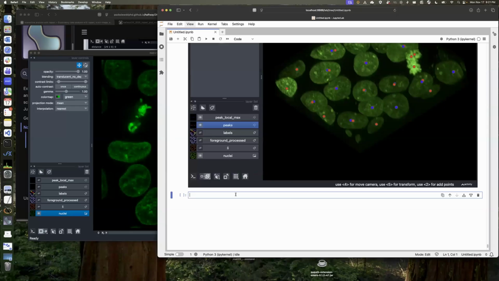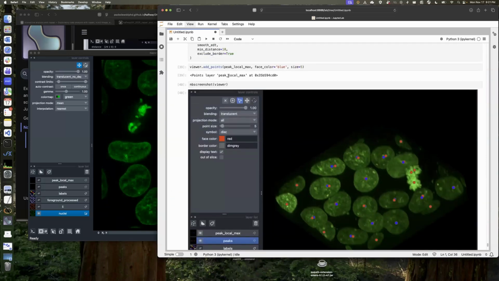Okay, let's do our watershed. So we want this markers array for the watershed. And there is a scikit-image utility function, which I use a lot actually, that will basically get you a labels array from a set of point coordinates. And I'm going to do something different here. I'm going to show y'all how you can access data from the viewer. So instead of passing here the peaks, right? So instead of using this,